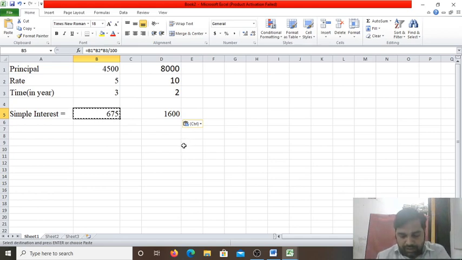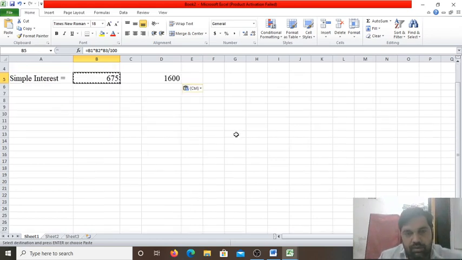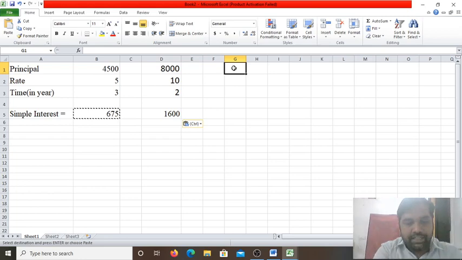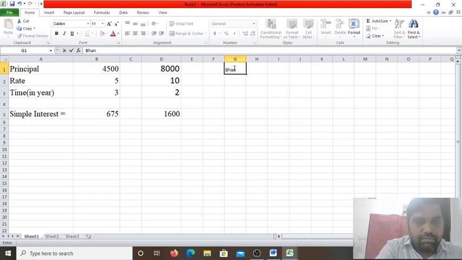Okay, some other things in spreadsheets I will show you. We can also use formulas on text. Some text we can take and do some operations. So let me show some text. I am going to write some text here. Suppose I write my name, Bhanu. In one cell I have written my name. I will press tab, and it will move to the next cell.